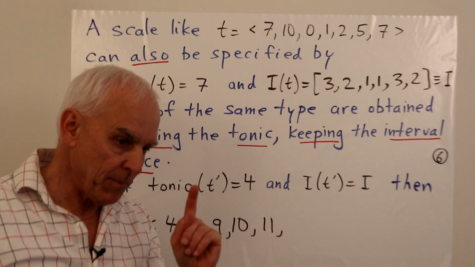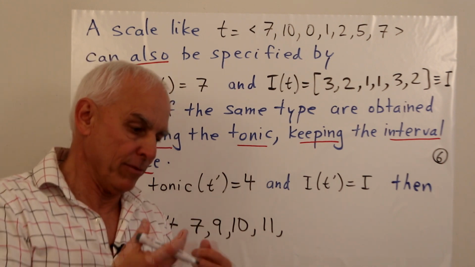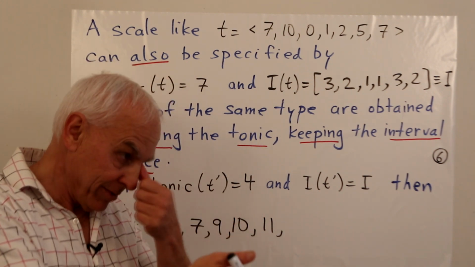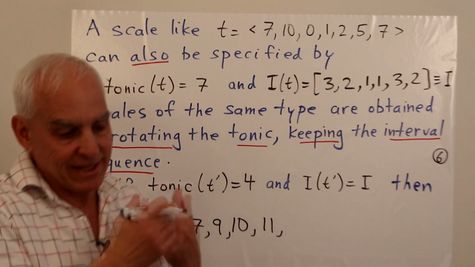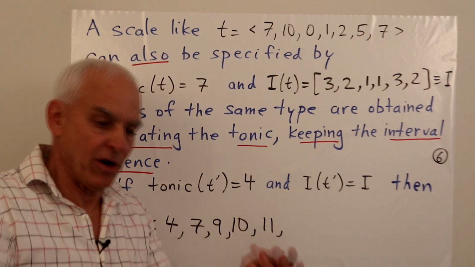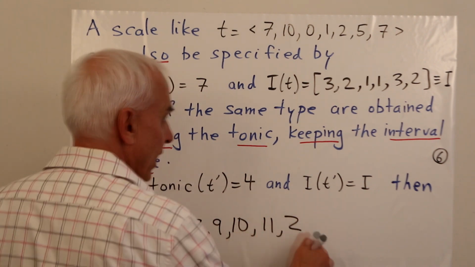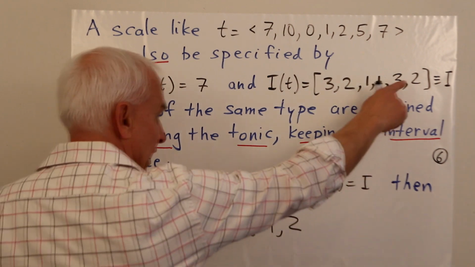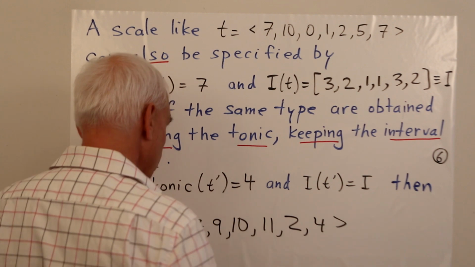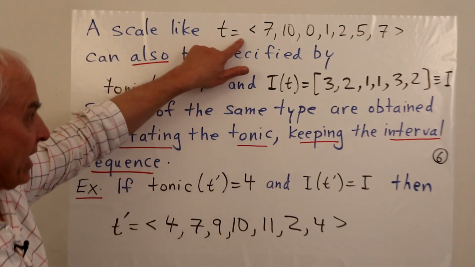If you have 11 and you add 3, well, it's really the same as if it's 11 o'clock now and what's going to be 3 hours from now. You go past the 12 and you get to the 2. Or another way of thinking about it is 11 plus 3 is 14, and 14 is the same as 2 on the clock because 12 is effectively 0. So we're getting to 2. We've just added 3 to 11. And finally, we add 2 more to 2 to get 4. So this is the scale t prime, which is of the same type as this scale.